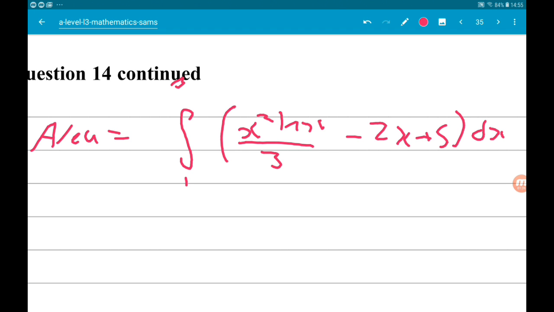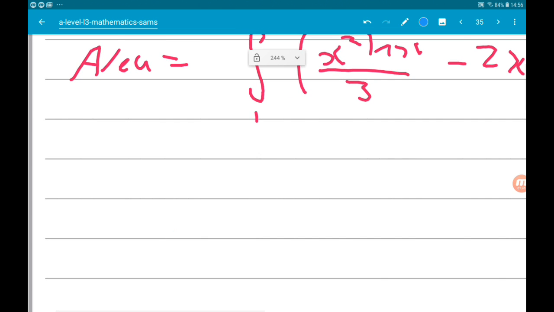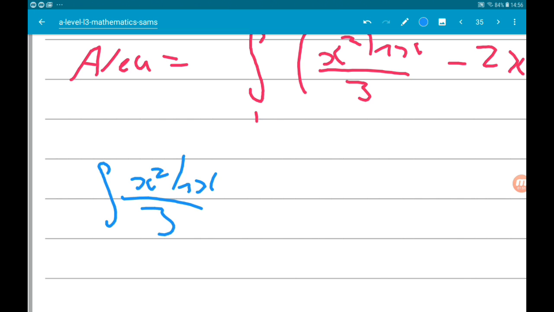Okay, so obviously the only real problem is integrating x squared log x over 3. So we're just going to deal with that bit first of all. So for the integral of x squared log x over 3,